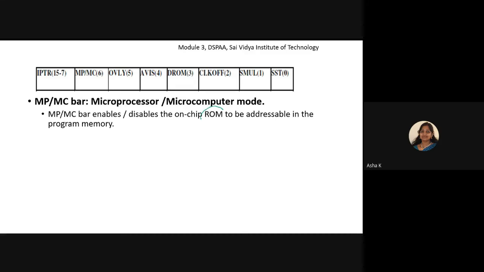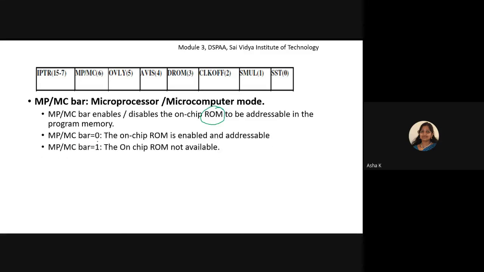So whether I want to make use of this on-chip ROM or I don't want to, that will be decided by this MP/MC bar bit, to be addressable in the program memory. If this is equal to 0, the on-chip ROM is enabled and addressable. If this bit is equal to 1, the on-chip ROM is not available. So in our programming, we cannot use that particular on-chip ROM if that bit is equal to 1. And if this is equal to 0, we can make use of it.